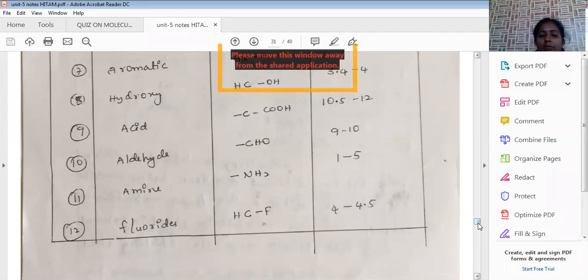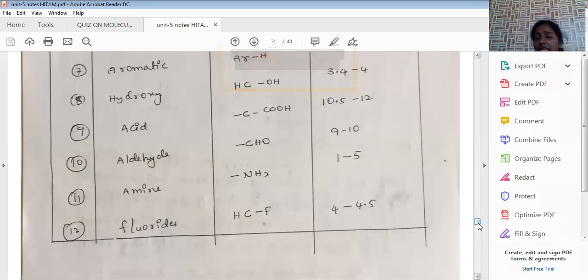Okay, so this is about the chemical shift values; chemical shift values are nothing but delta values only. Chemical shift values of all the functional groups, all the compounds. The lowest value is given for cyclopropane. Cyclopropane will give the value at 0.2. Tetramethylsilane, the reference compound, will give the peak at 0. After that, cyclopropane hydrogens will give 0.2.